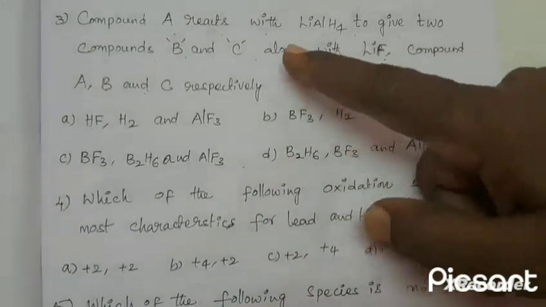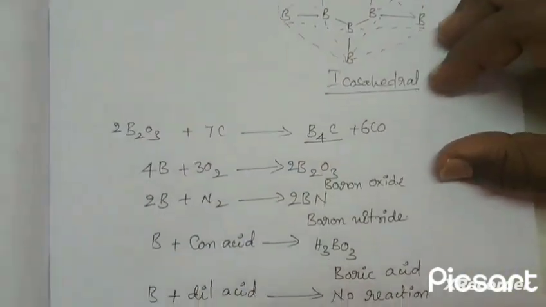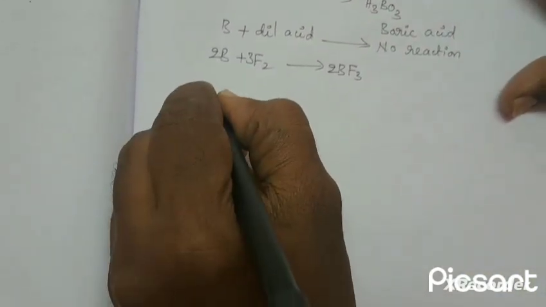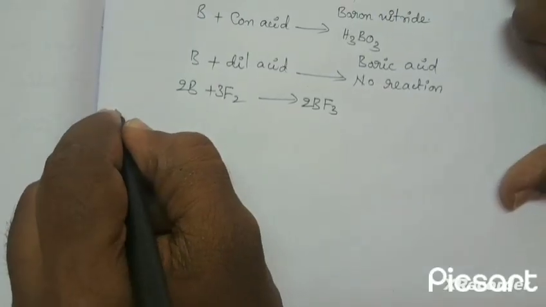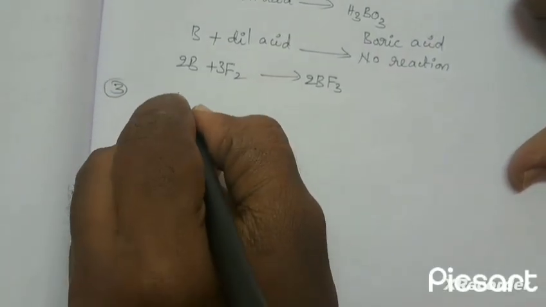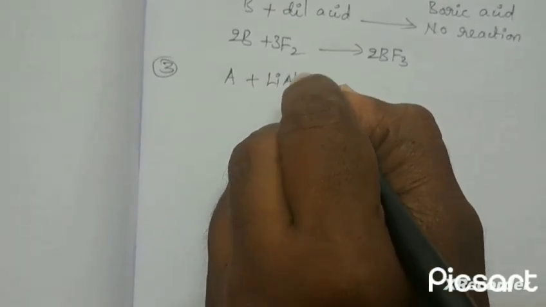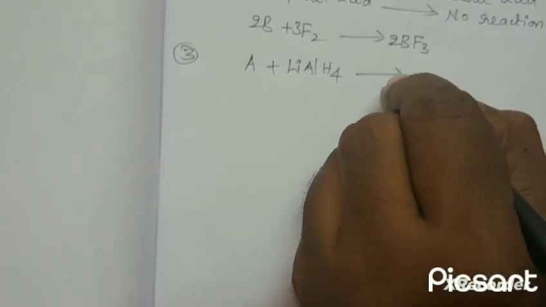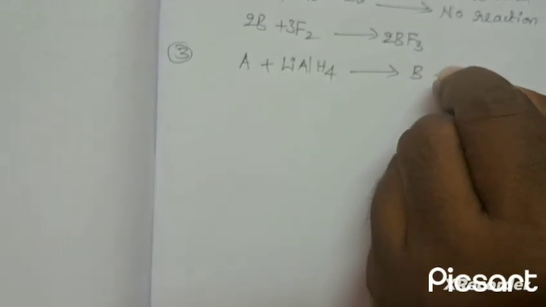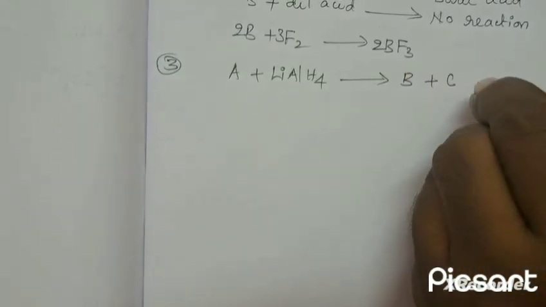So the question is that A reacts with lithium aluminum hydride to give B and C along with